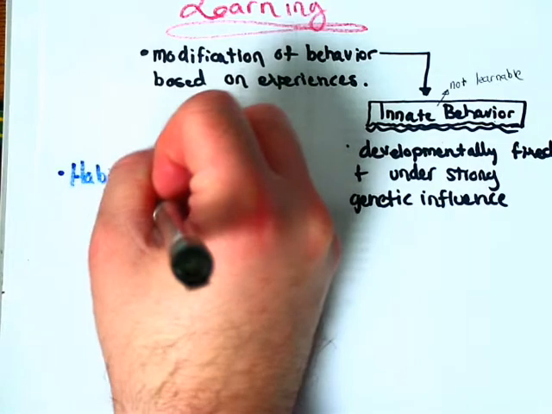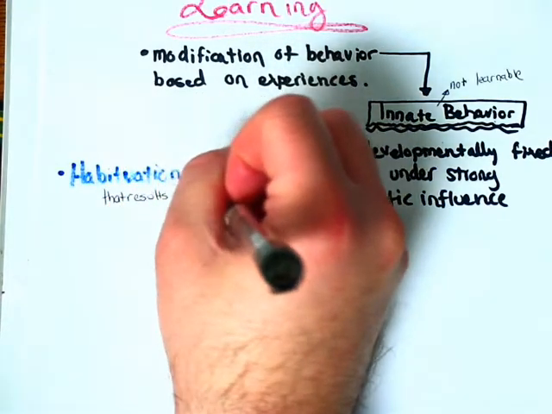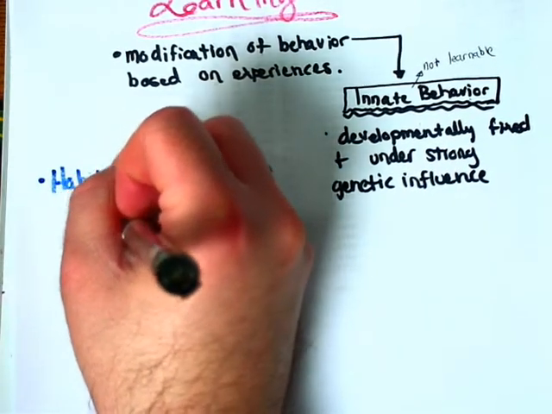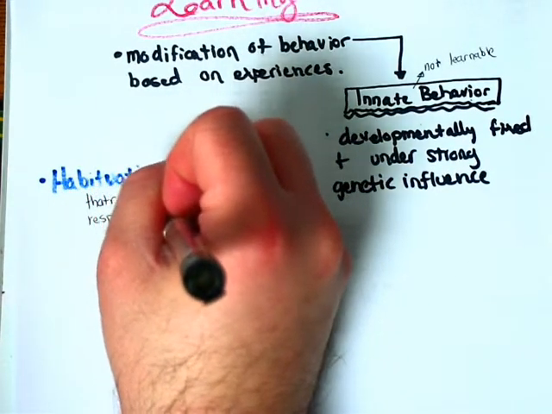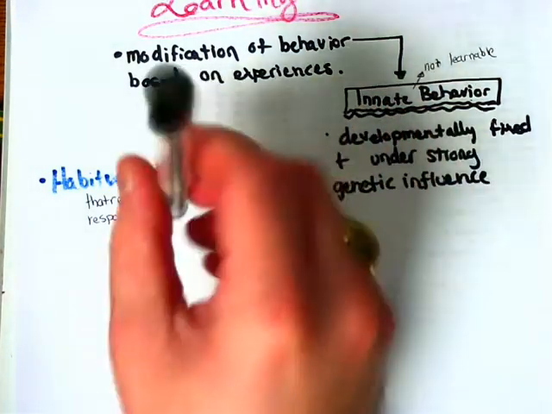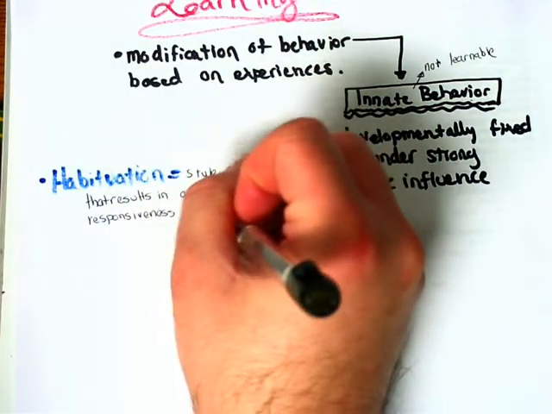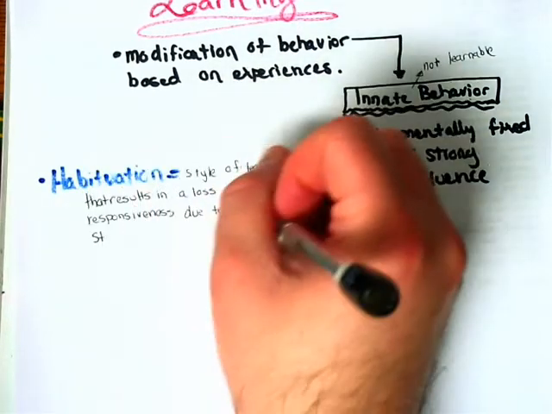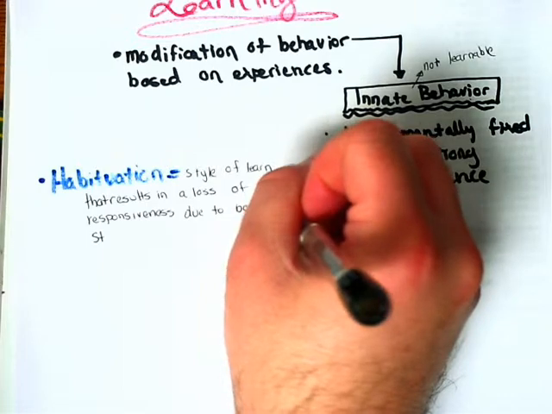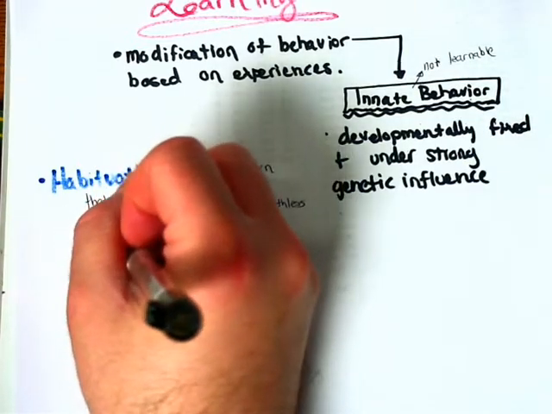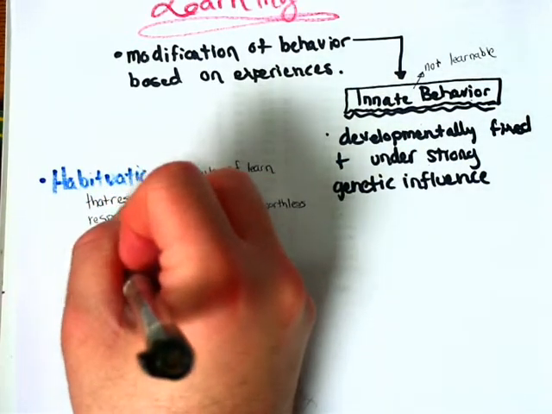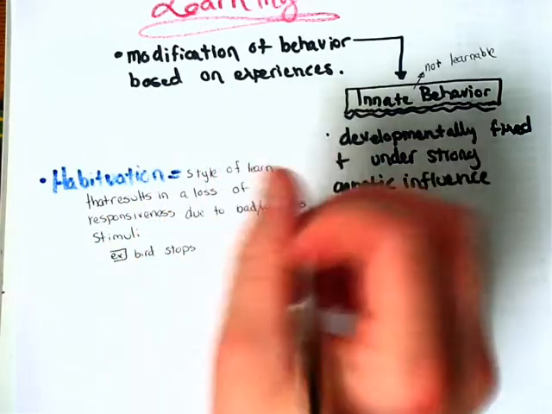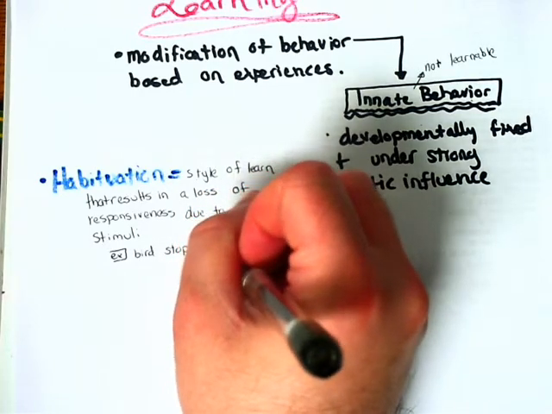That results in a loss of responsiveness due to bad, or I should say worthless maybe, stimuli. An example that your book goes over is a bird that stops responding